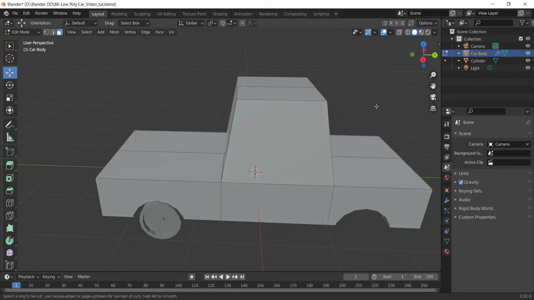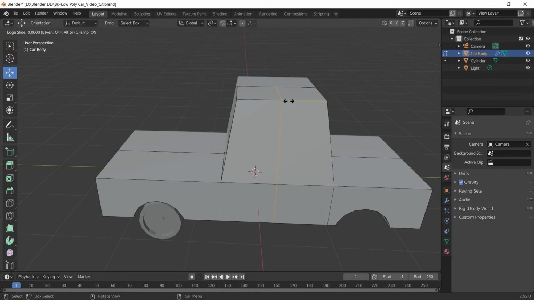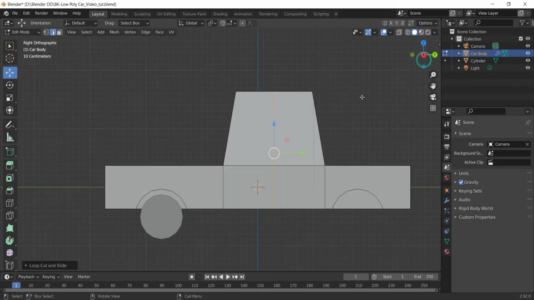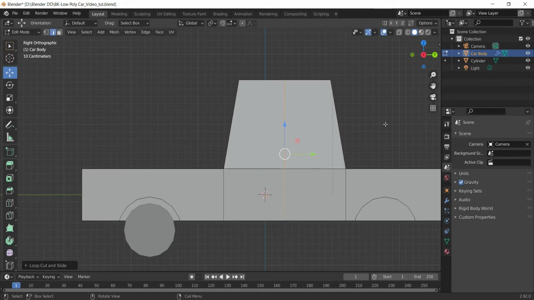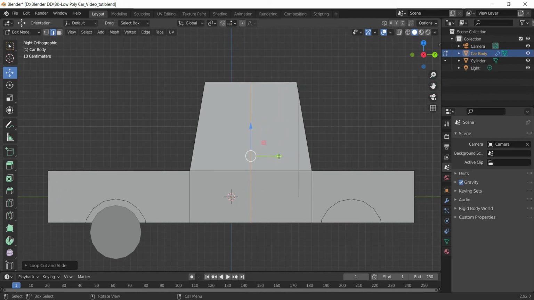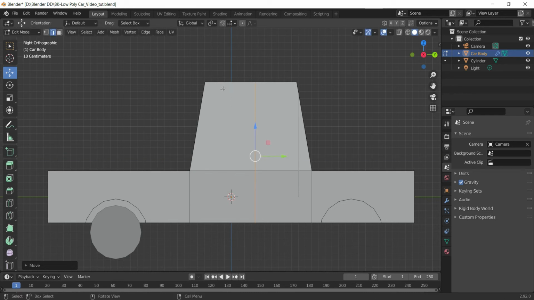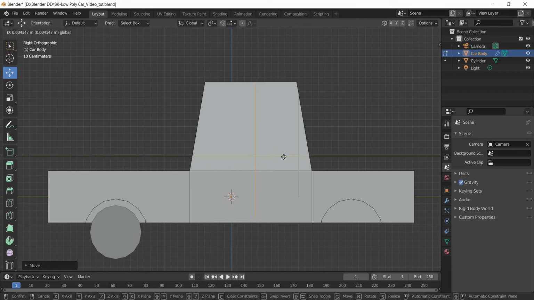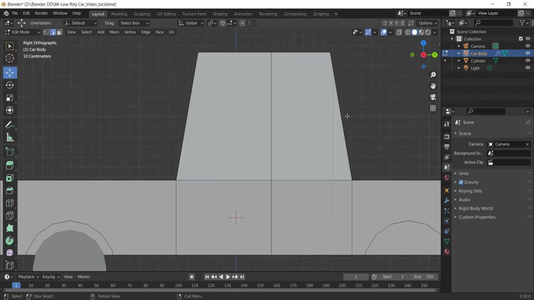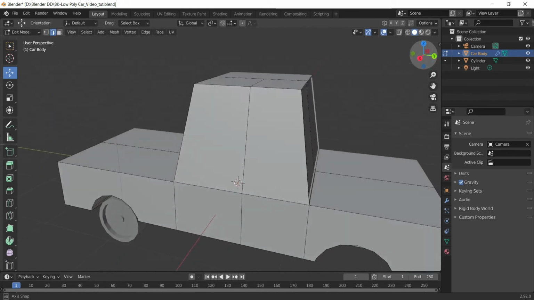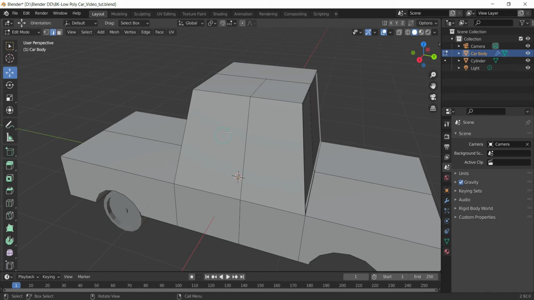I'll press Ctrl R and insert a loop, and push it a bit towards the right side, because usually the front door is bigger compared to the back door. Just a bit to the right, not too much. All right, good enough.